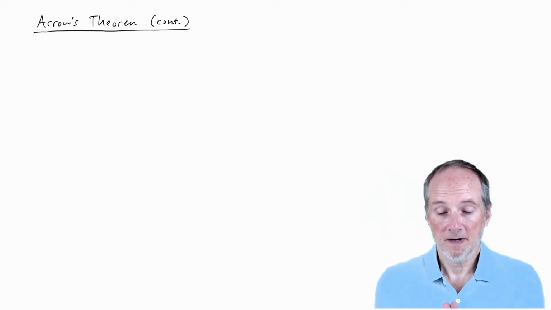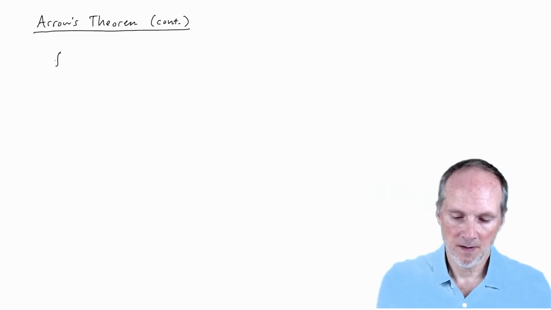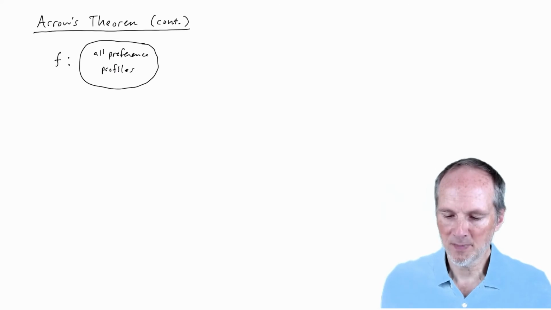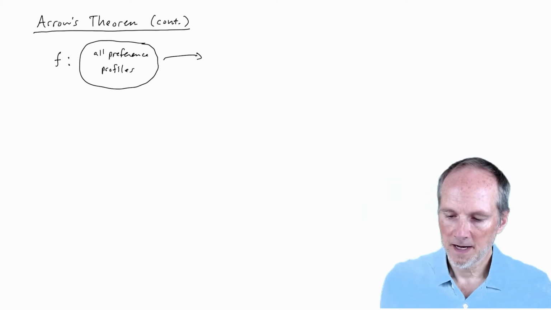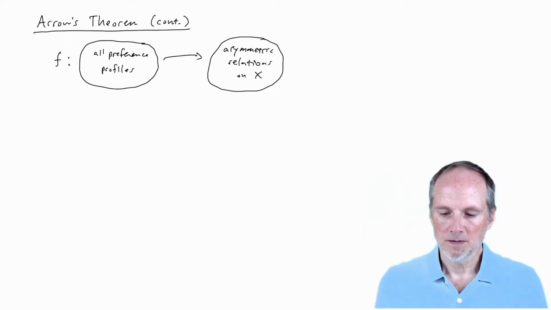So we've defined the idea of a general social preference function, and that was a mapping. It was defined on the set of all preference profiles. Just denote that by this blob here. And to each preference profile, it assigns an asymmetric relation on X. So that's this blob here, okay? So once we had that idea, we could define